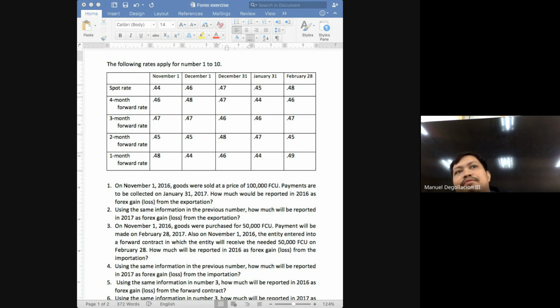What were our takeaways for today, class? If it's an importation or exportation transaction, what rate will we be using? Spot rate. And what is our understanding of the spot rate? It is the current exchange rate. What are the three important dates that you will have to account for? Date of delivery, reporting date, which will be the balance sheet date, and then the settlement date, which will either be the date of payment or the date of collection.